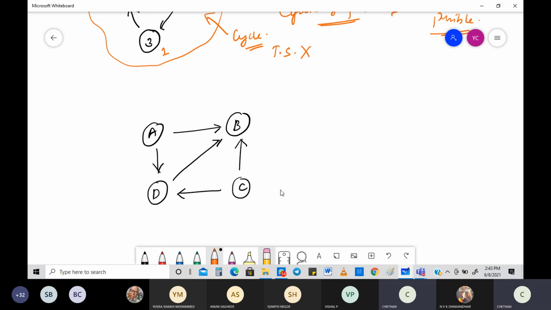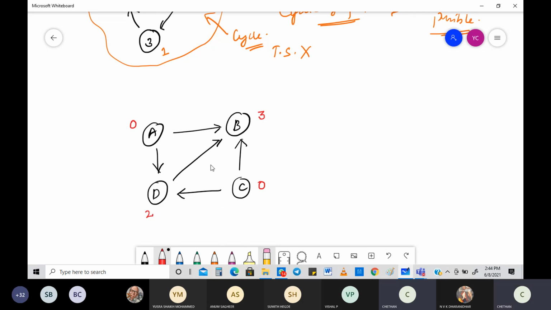So for this, can we implement the topological sorting using the source removal method? Yes, we can easily do it. So let's do that with regard to the in degree of A. What is the in degree of A? Anything coming through for A? No. Then in degree of B: 1, 2, 3. So this has a very large in degree, 3. Then C, any in degree? No, 0. Then D, see, 1, 2.